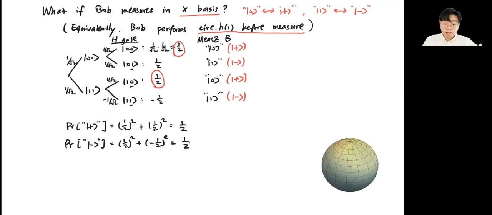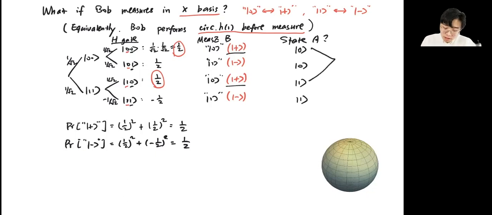Okay, what is the state of Alice's qubit? In each of the cases, we can write down her qubit state corresponding to the first qubit. Notice that again, Alice's state is conditioned on the measurement outcome of Bob. So if Bob measures plus, which is the first case and the third case,